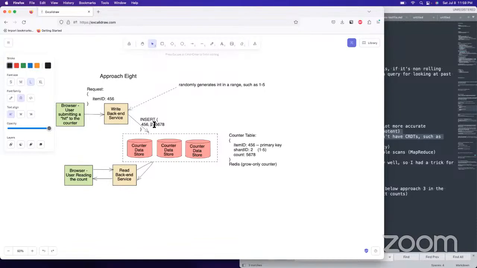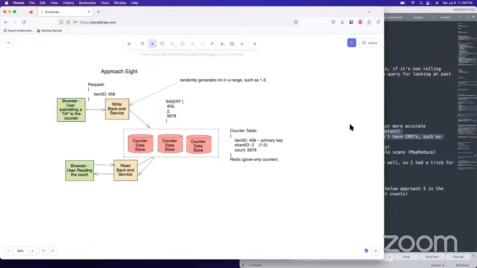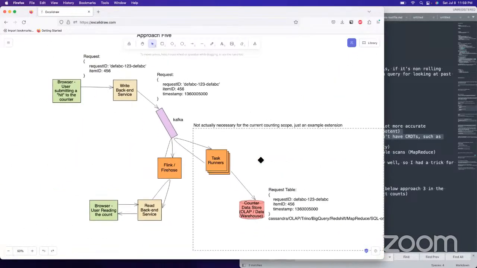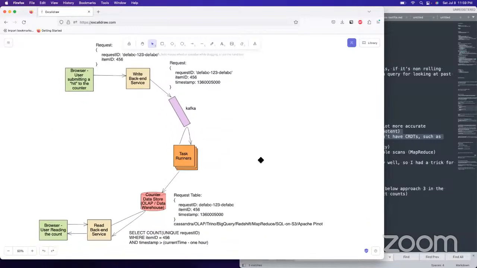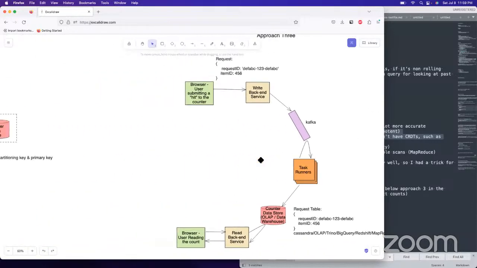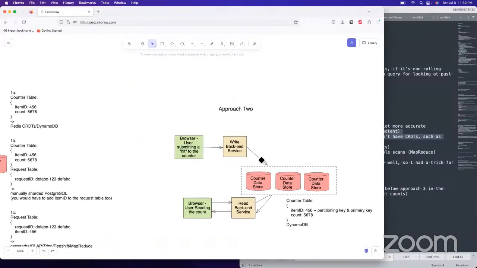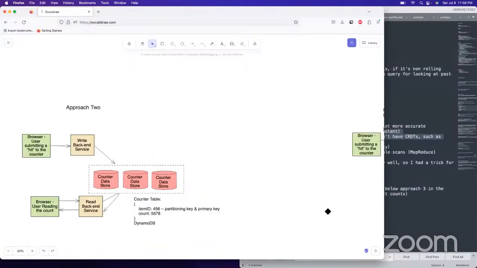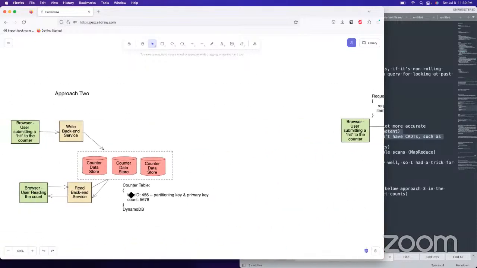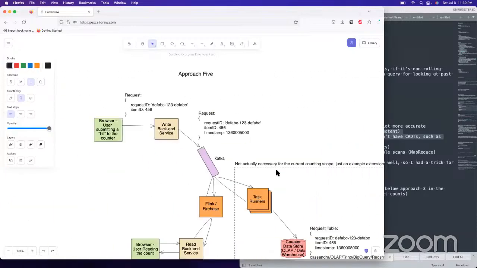I don't actually remember what the syntax is for this. It would look something like this. I think you guys get the idea. And how did I communicate this in the other one? I said partitioning key. Yeah, it's partitioning key and primary key. So that's what we're doing here.